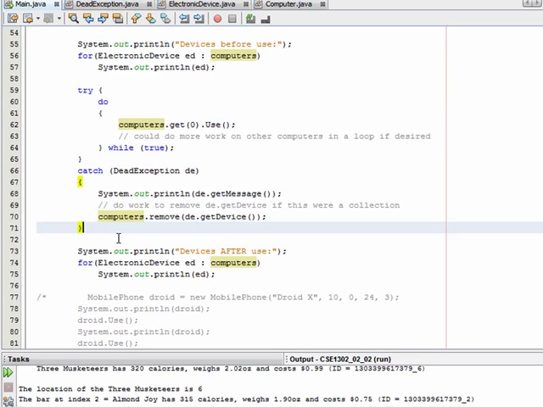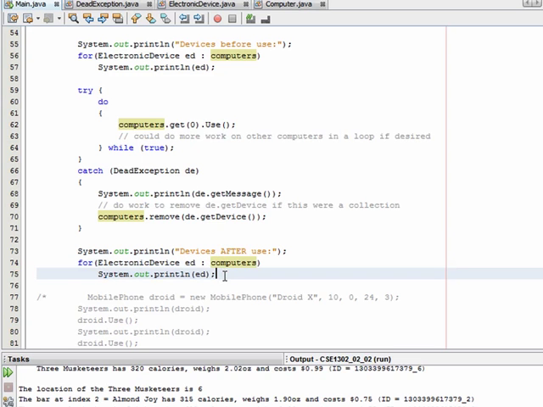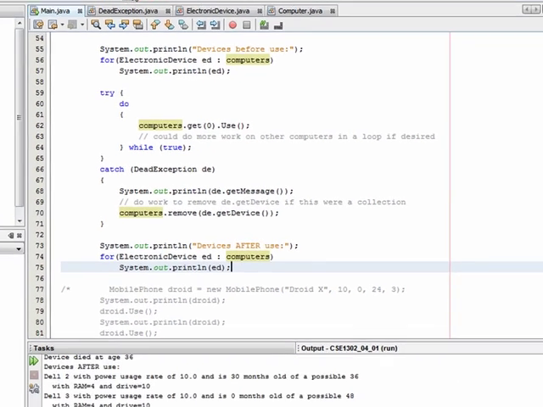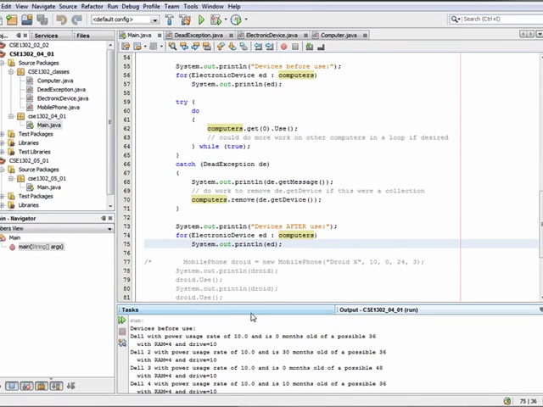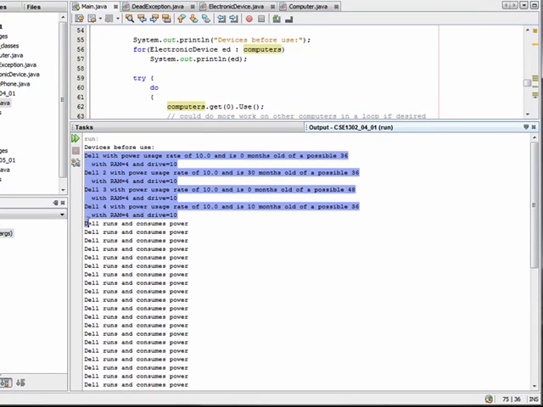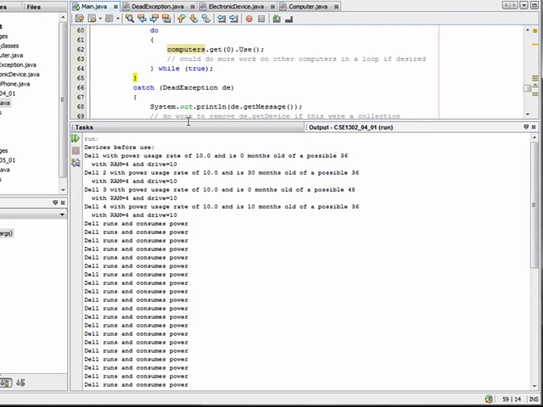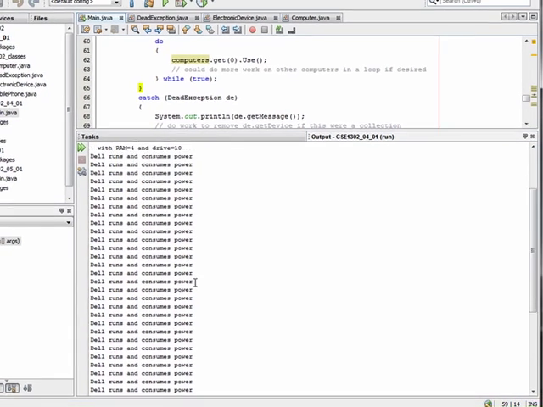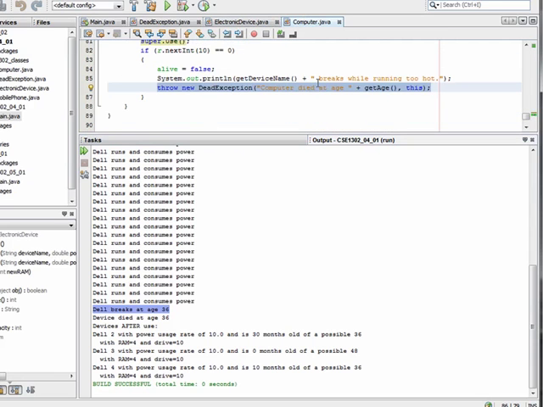When I've handled the death of this computer, I'm then going to redisplay my collection and show that that device has actually been removed. So let's run this. I'm going to grow this a bit so we can see more of the output. In the beginning we have four computers that have been inserted into our collection, and then this do-while true loop is going to run the computer for quite a bit of time, and you'll notice that the "Dell breaks at age 36" message comes from the computer here, that it breaks,